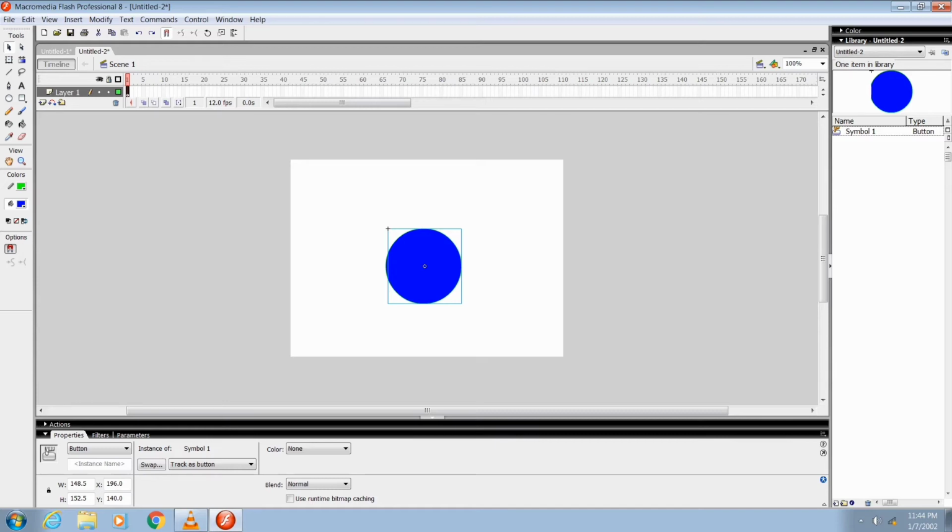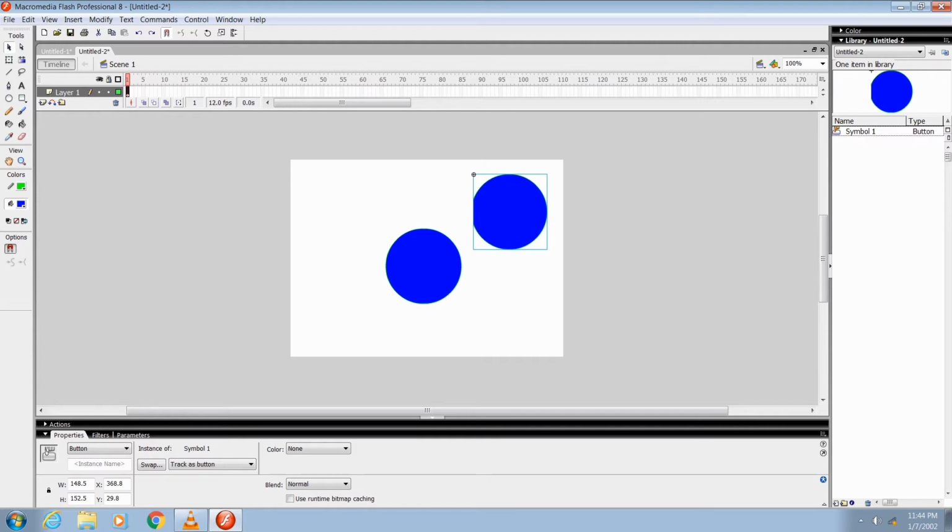Okay, now we can create an instance of the symbol. How can we create an instance? Go to the symbol option below the library option. Here is Symbol 1. This is the type of button. Click on that option and then move it on the stage. You can see here is an instance of the button Symbol 1.